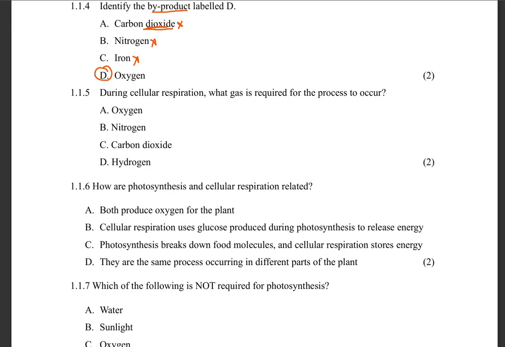115. During cellular respiration, what gas is required for the process to occur? During cellular respiration, we need glucose and a certain gas in order for the process to occur. This can be a bit confusing for grade 8 students. I know grade 11 students get it, right? In order for cellular respiration to take place, guys, we are going to need oxygen. And this oxygen is going to break down the glucose in our cells in order to produce ATP, energy, and water